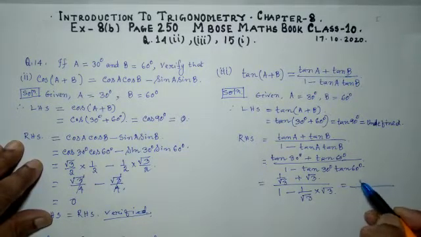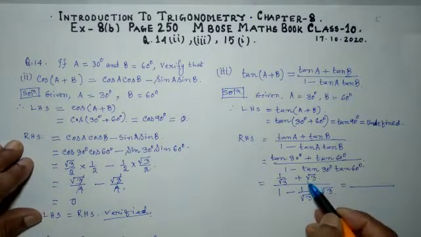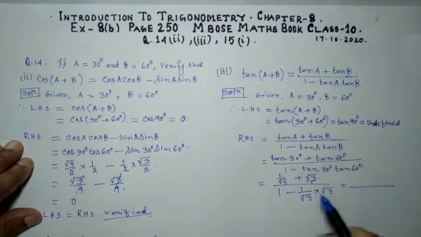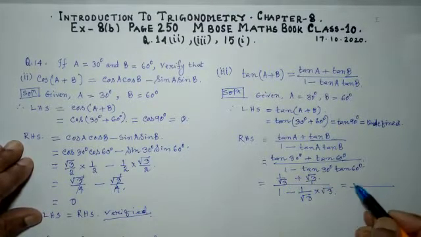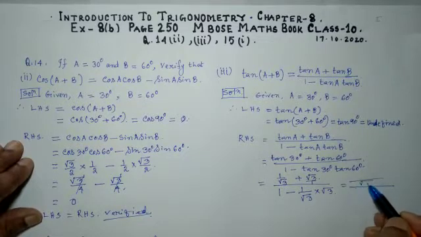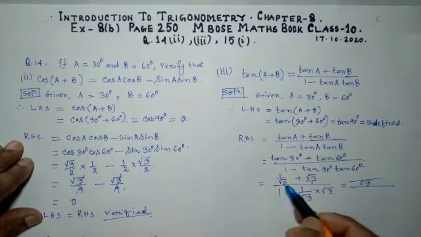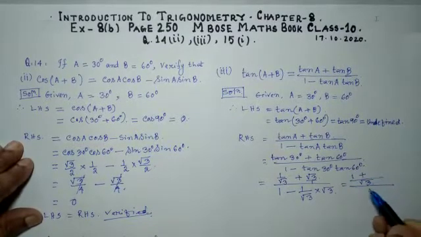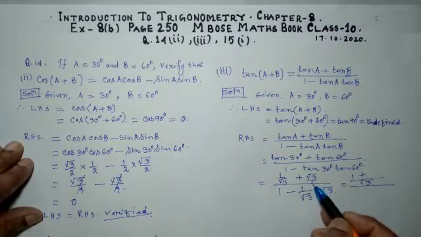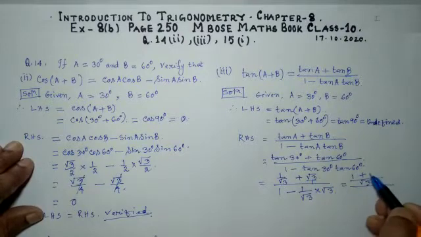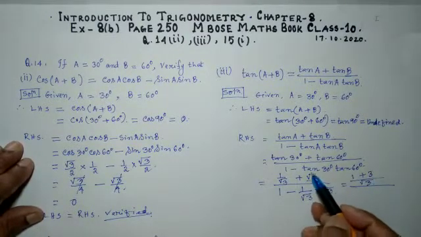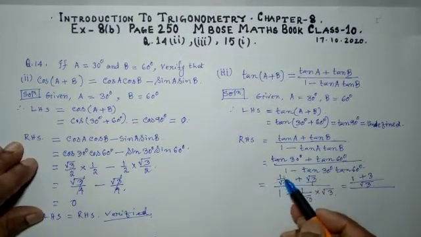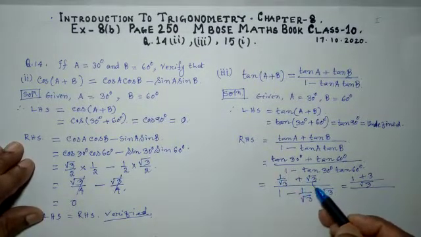So here, below root 3 we will take the denominator 1. So LCM of root 3 and 1, it will be what? Root 3. So divide root 3 by root 3, it is 1, multiply here 1. Then plus root 3 divided by 1, it is root 3, multiply here, root 3 into root 3 is 3. So the first work here is to add this portion, 1 by root 3 plus root 3 by 1.